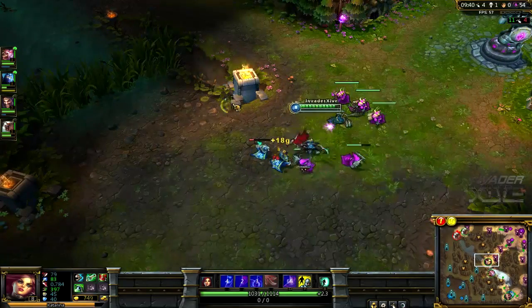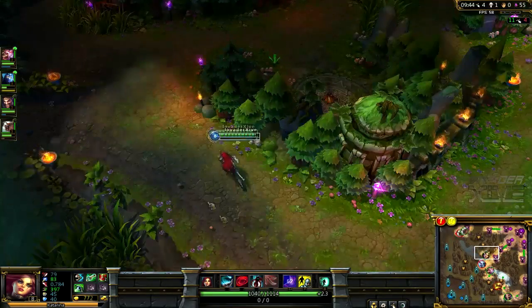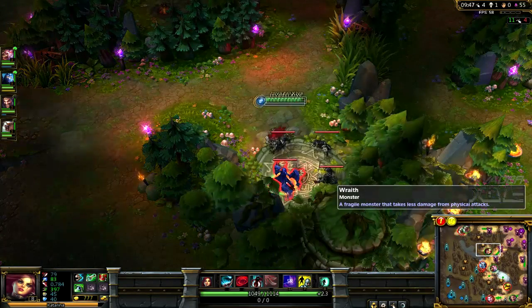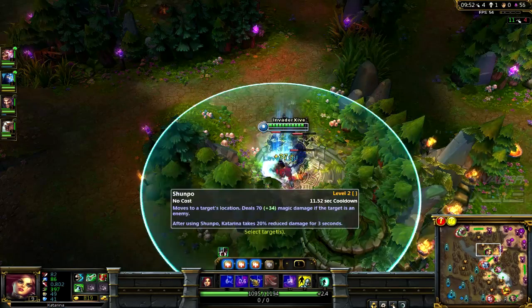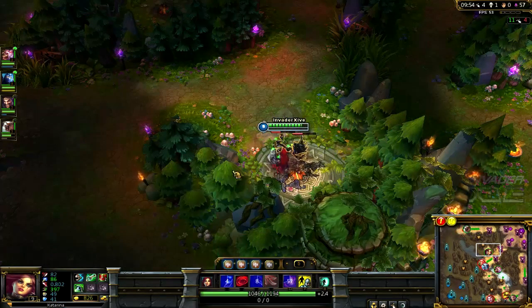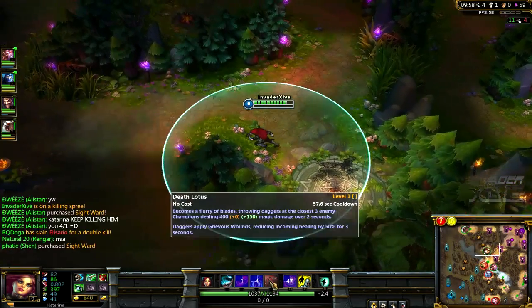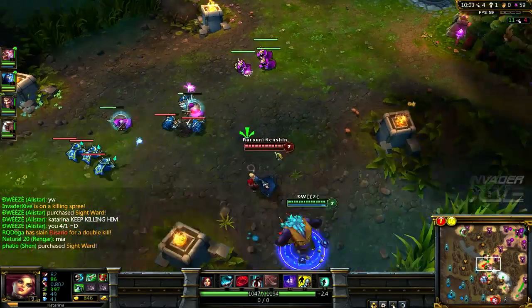So yeah, you can also see you can farm the minion waves quite easily. One bouncing blades into a Shunpo to the biggest target minion, and it just does a lot of damage, and you can use your W to clean it up. Okay, so yeah, and now the other biggest change they did is that your ultimate no longer...